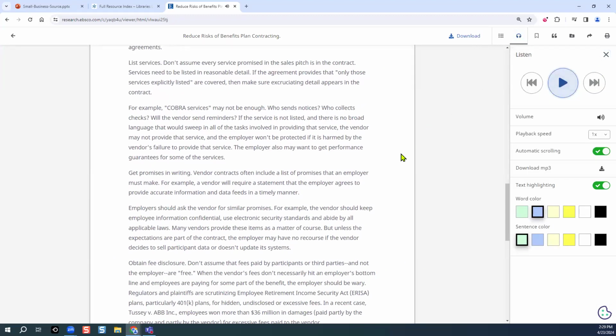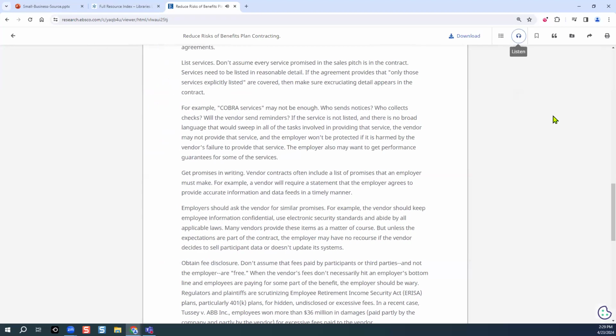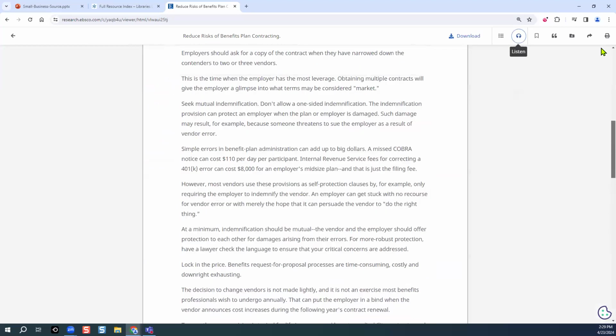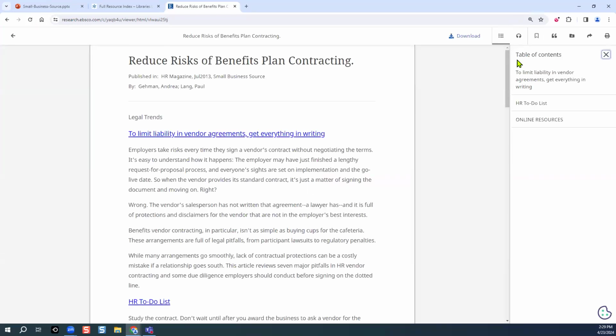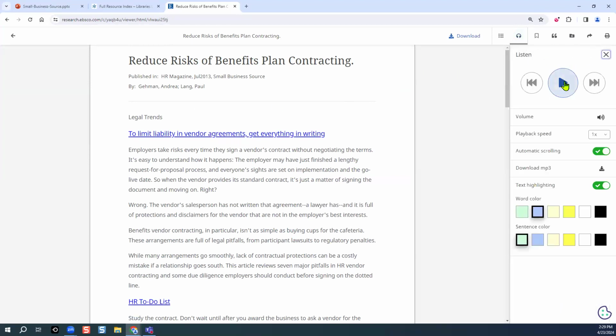It's easy. Let me pause here. For some reason, my demo account today is just not cooperating. Let me refresh this page. Wanted to get back at the top of the page. For some reason, it wasn't allowing me to. So I'll go ahead and go back to that text to speech so you can see the text, word color